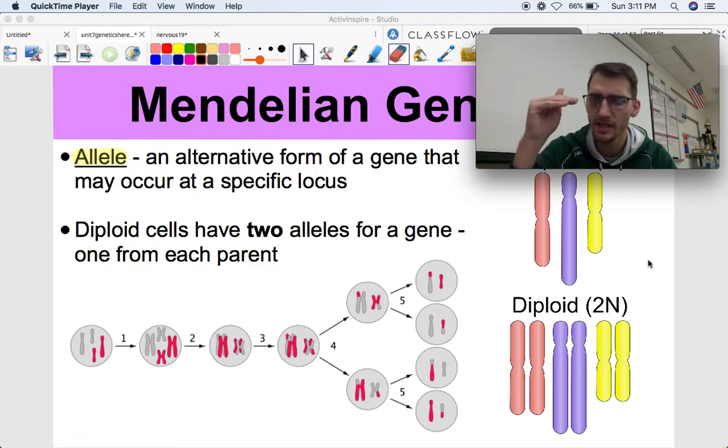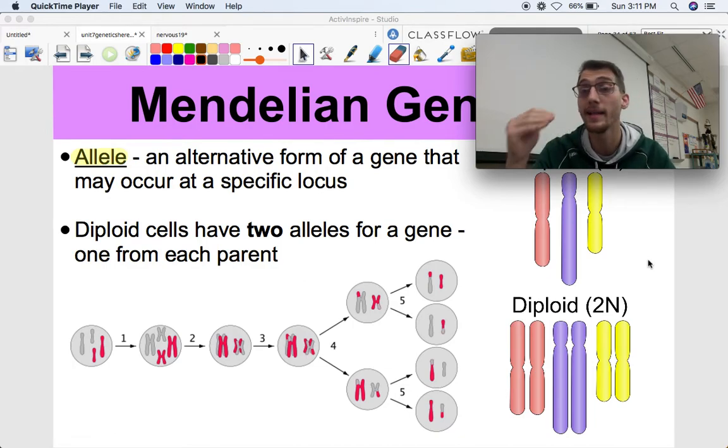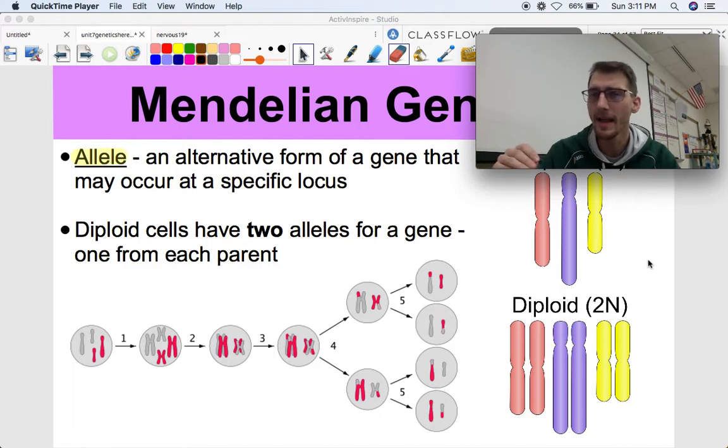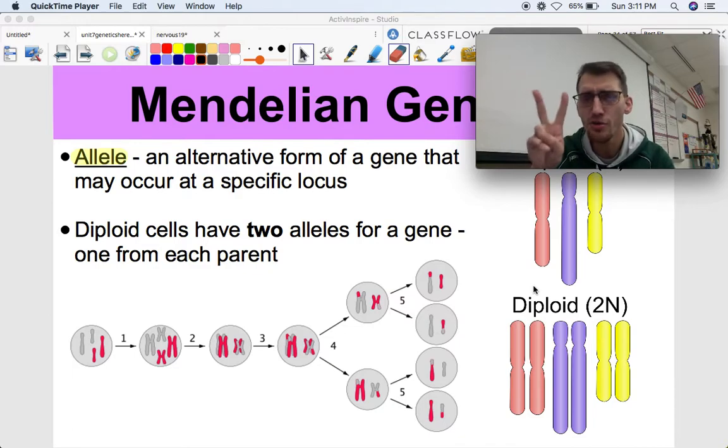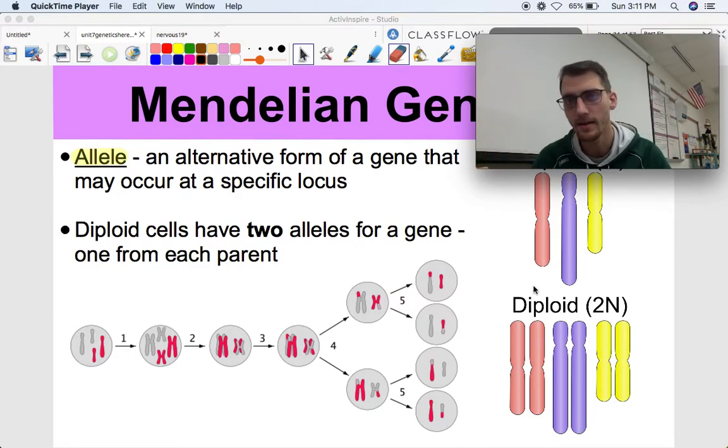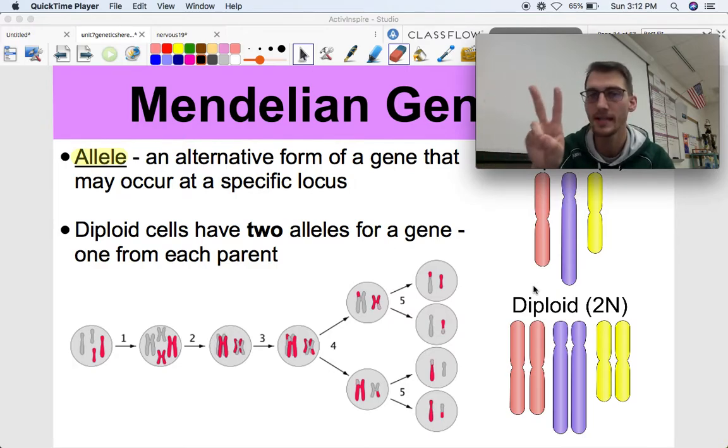So a gene is going to be located on a chromosome at what we call a locus, but you might have the recessive gene, or you might have the dominant gene. And maybe you've heard those words before in another class. Hopefully they're ringing some bells a little bit, okay? But since we are diploid organisms, and so are those pea plants, diploid cells have two alleles for a gene. They have two copies of the same gene, okay? Two copies because they are diploid, and that's what we've been talking about when we were discussing meiosis and chromosomes. Diploid means you have two sets of chromosomes, right?